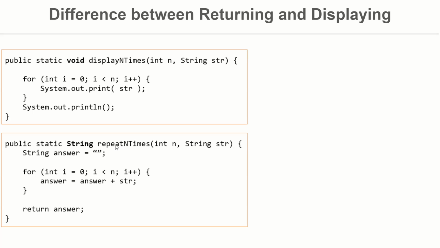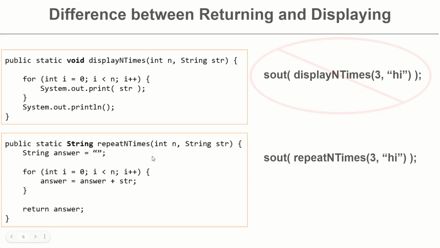This is very, very similar, except this one returns a string, and there are no print statements inside. But I have answer initialized as the empty string here, and then I loop n times, and I add the input string over and over again into the answer. So I'm adding to the end of the string, and then I return the string at the end. So it would be totally okay to put repeatNTimes inside a System.out.println,